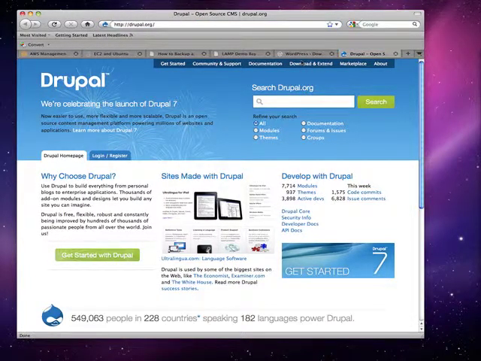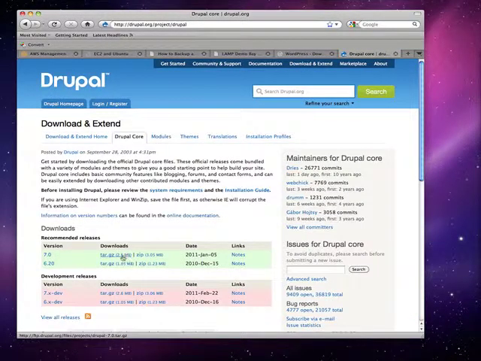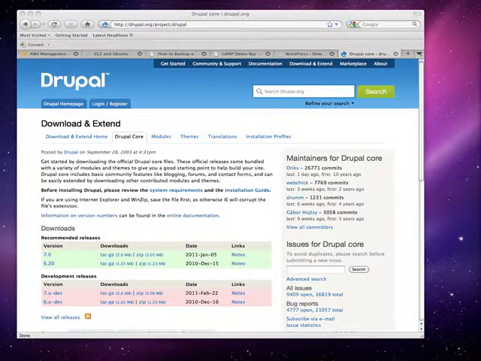Drupal 7. Okay, download Drupal 7. This is another CMS.